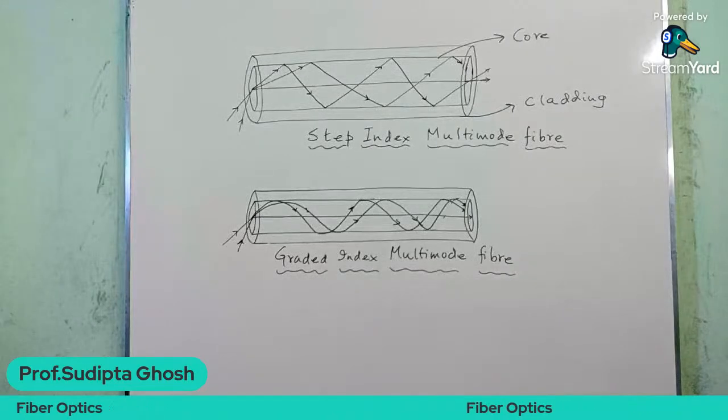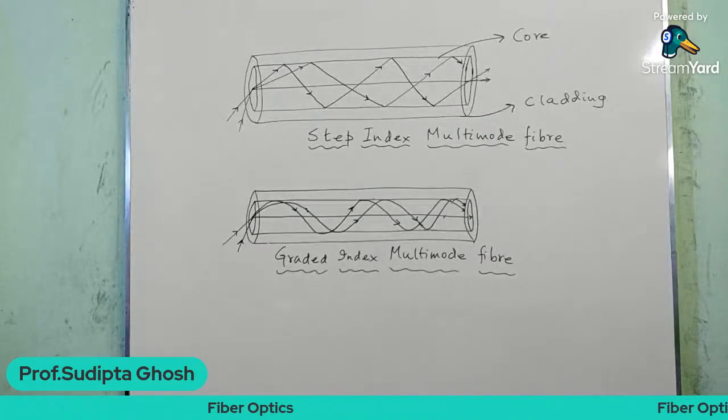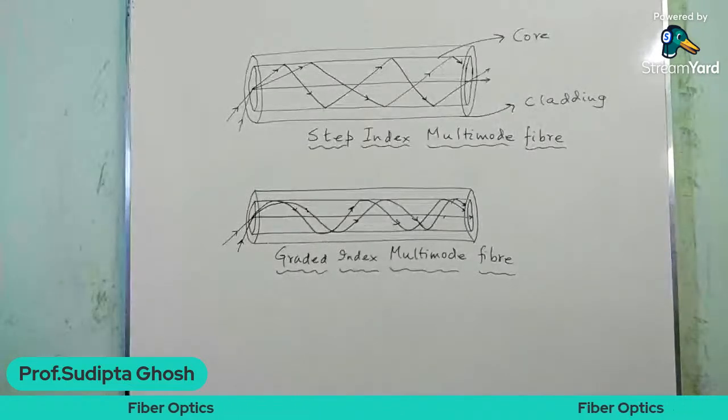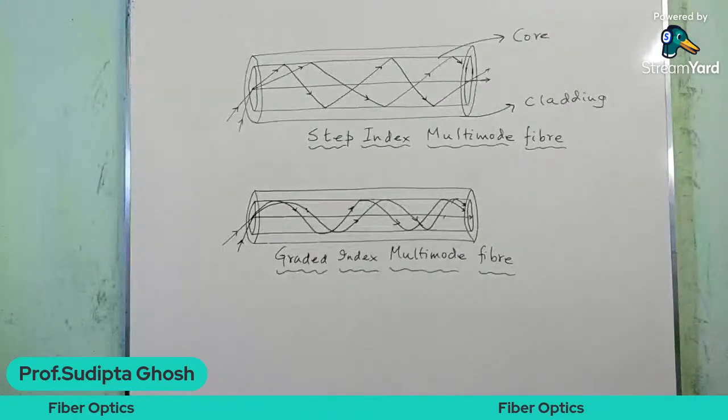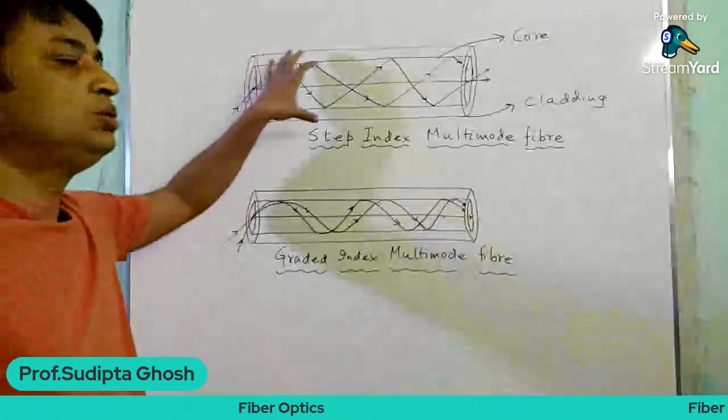Now let us consider once again that an optical fiber consists of two cylinders. Number one is the inner cylinder, which I have already told is known as the core of the fiber, and the other is the outermost cylinder, known as the cladding. Both of these cylinders are made up of glass or plastic. The function of the cladding is to add mechanical strength to the core,